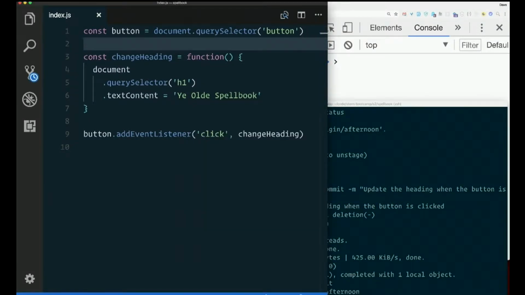So next, multiple headings on the page. We want to target the second one just to prove that we don't have to get the first of everything every time. So